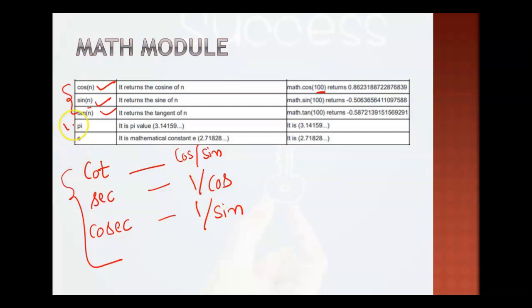Okay, then for pi also you can use a constant value, like pi is equal to, we know very well, 22 by 7 or 3.14. But if you are using pi, it is well defined by the compiler. So if you are using only pi, automatically it will take the value of that variable as 3.14. And then we have e, again the mathematical constant, so that value is this only. So if you want to work with these constant values, you can write like this also, pi and e.